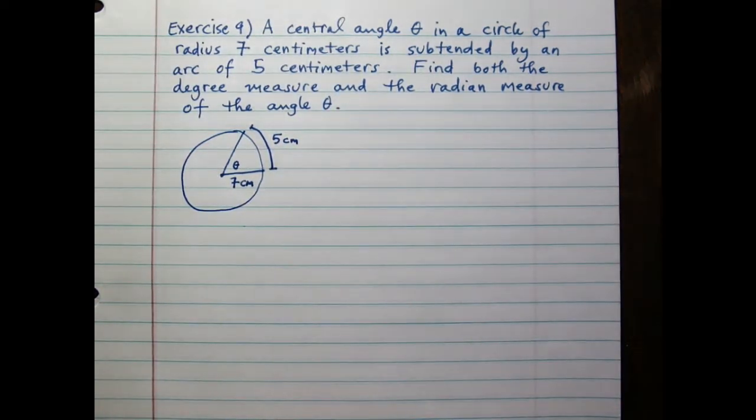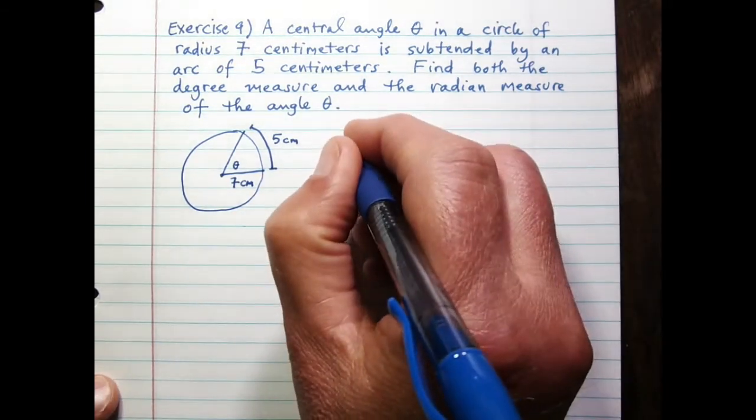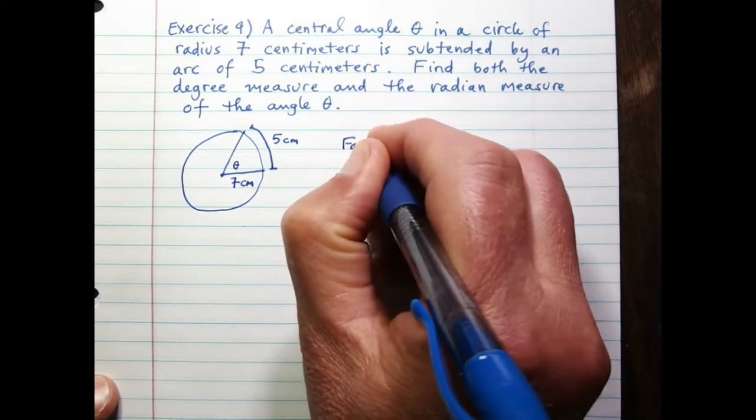And we want to find theta in both radians and degrees. Again, I think there's a fast way to do it and a longer way. I think the fast way